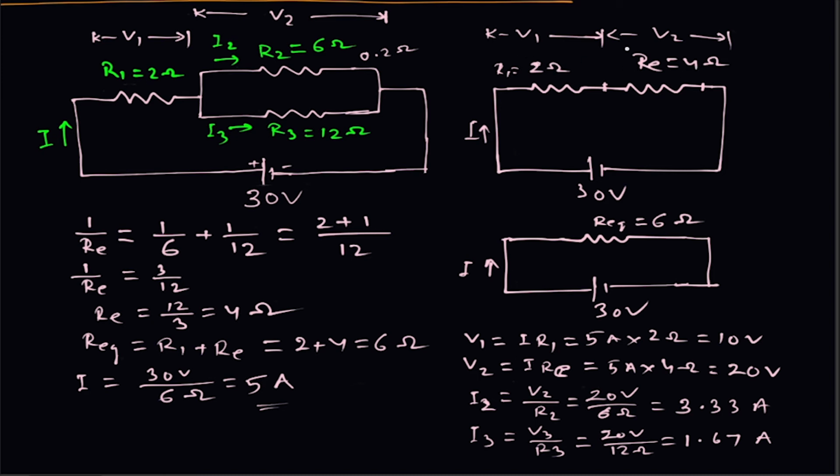Now you can see that this voltage V2 will be 1/10 of V1 because it is 2 ohm and it will be 0.2 ohm. That means V1 is 10 times of V2 approximately, and current you can easily calculate: 30 divided by 2 plus 0.2, 2.2, that will be around 1.8, anything like that. Okay. In this way you can easily guess the current and voltage.